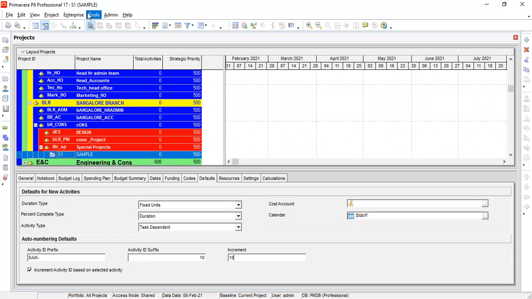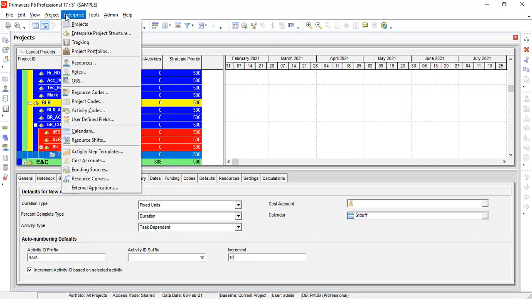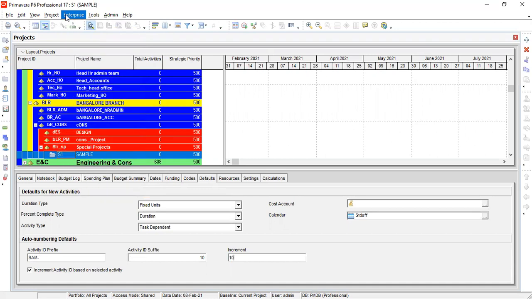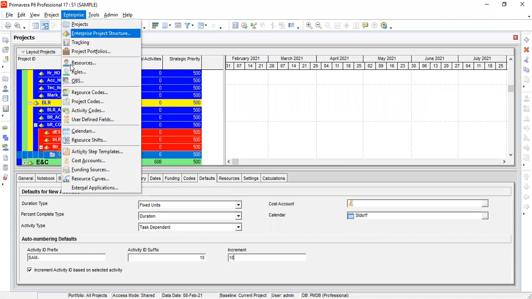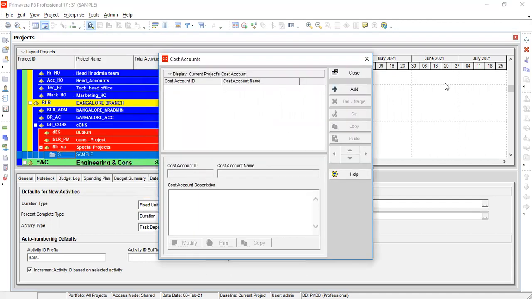Right. And one more thing is cost accounting. Cost accounting is nothing but spending account, sir. Because this software is used only in multi-crore projects, or mainly for multi-crore, not for small projects. For multi-crore, what you have to do is enterprises, cost accounts. So we must open a separate account for this project to receive income or to spend. Electronic payment only is permissible. So what account is the cost account? Add